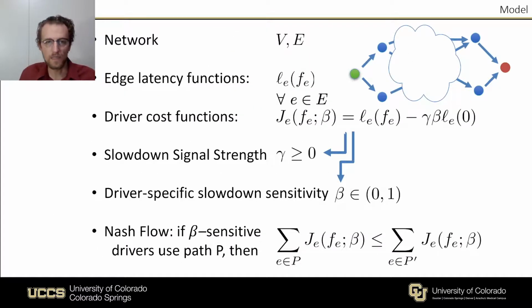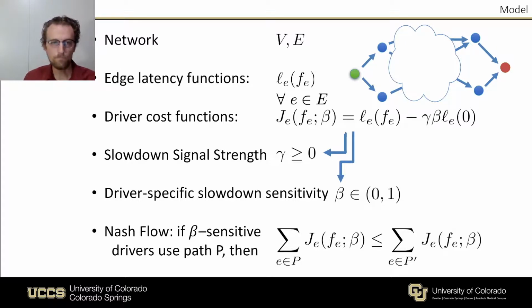So here's our basic model. I'll walk you through this briefly, but obviously if you need all the details, please read the paper. I don't have the ability to go into the detail in this talk that you can if you read the paper. So we're given a network. It can be arbitrary. We'll restrict network topologies as needed as we go on. Every edge has a latency function, L_e, so for every edge, the delay on that edge is just a function of the amount of traffic using that edge, and we're going to adopt normal assumptions that latency functions are convex and increasing